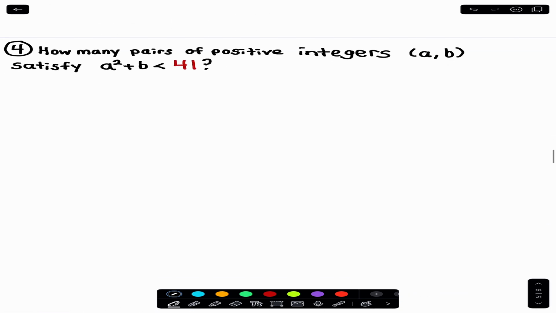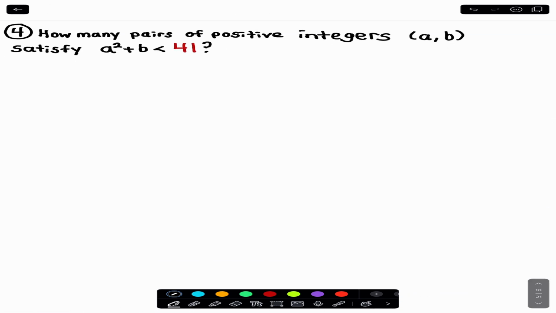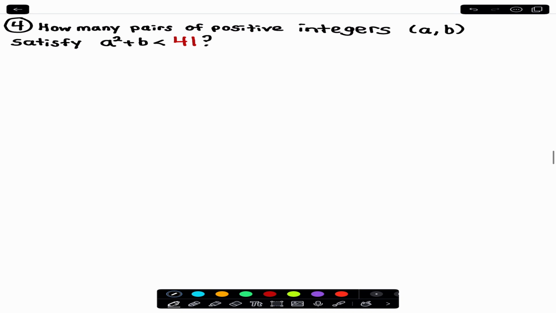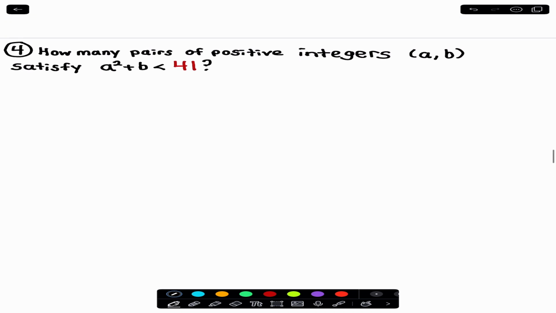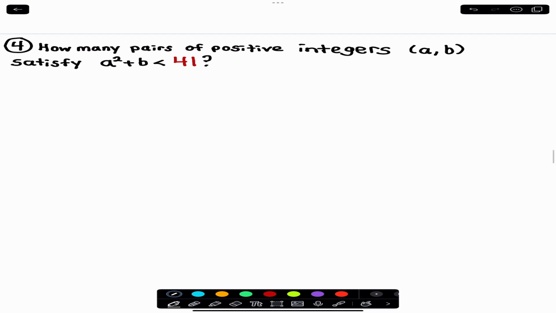Question number 4 says, how many pairs of positive integers a, b satisfy this inequality? a squared plus b is less than the number 41. So if we are going to use casework for something like this, I'm going to show you. The way we're going to do this is by fixing a value